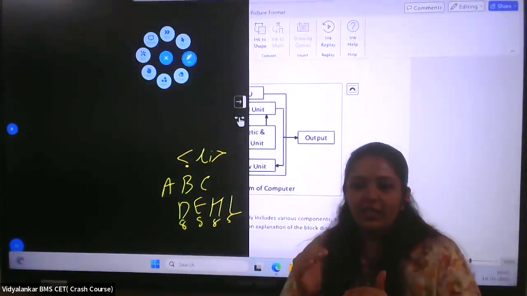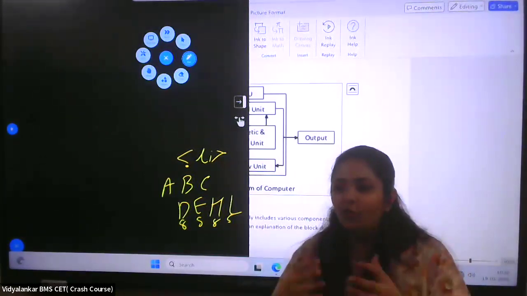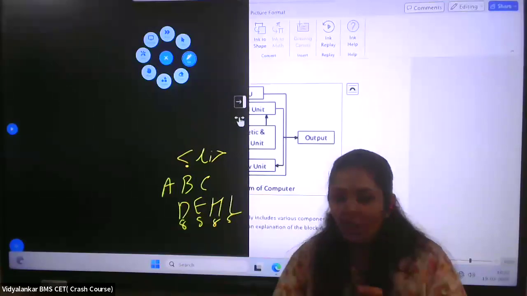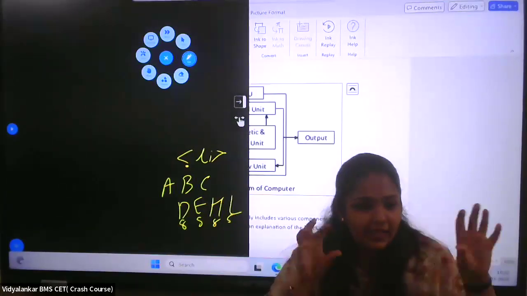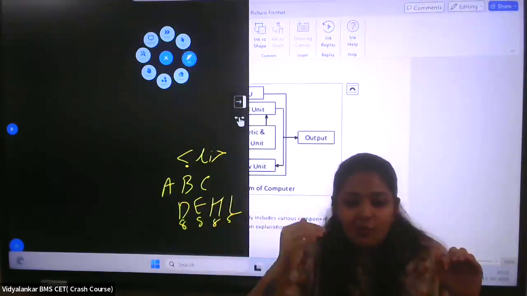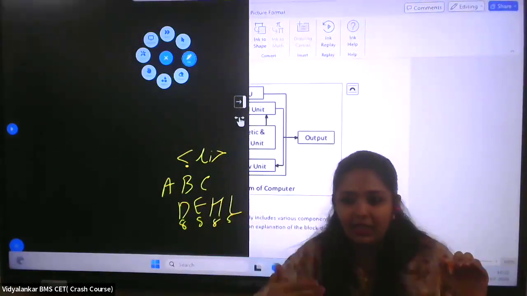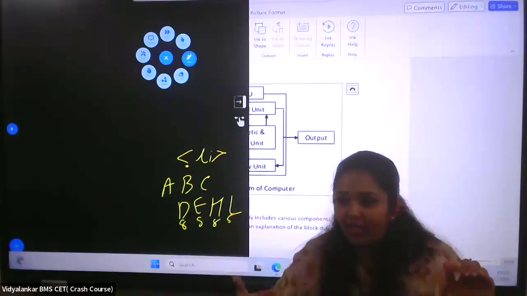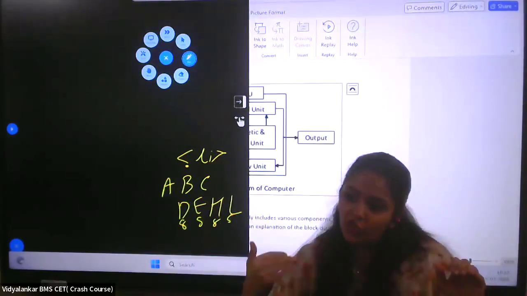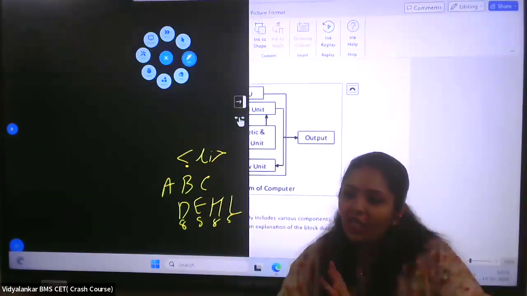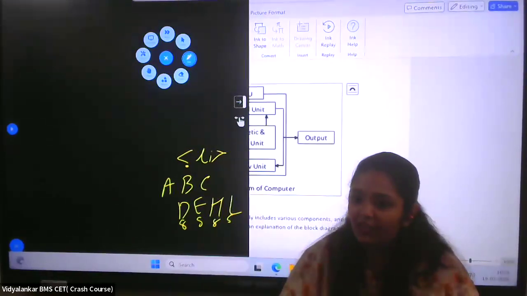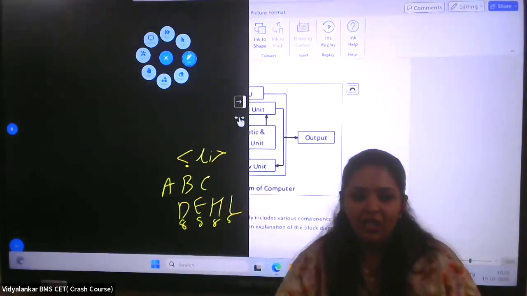So algorithm means what? Suppose your mummy wants to try some new recipe. She will go on Google and search something. Then two types of information will come, a video and a text with images. That text with images is step by step instruction, which tells her what ingredients she will need and so on. So that's an algorithm. Okay? So the step by step instruction is an algorithm. But when I change it into a diagrammatic representation, that is a video or images, that is a flow chart.